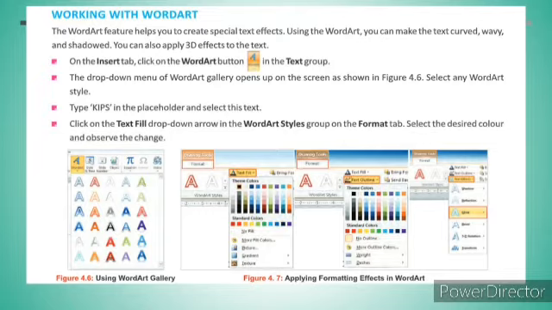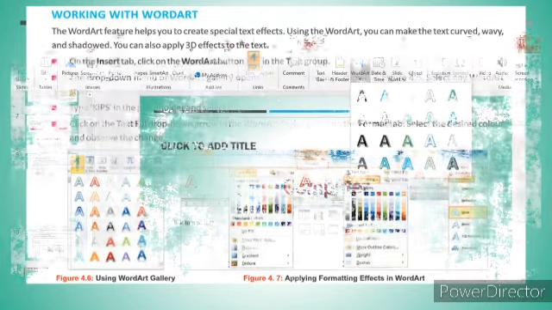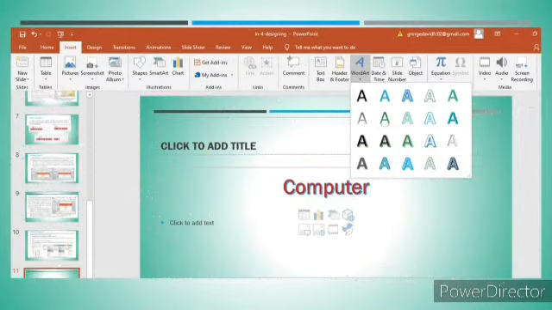Select the Word Art button in the text group. The drop-down menu of the Word Art Gallery opens up on the screen. Select any word style and type the text in the placeholder and select the text. Click on the Fill Text drop-down arrow in the Word Style group of the Format tab. Select the desired color and observe the changes.